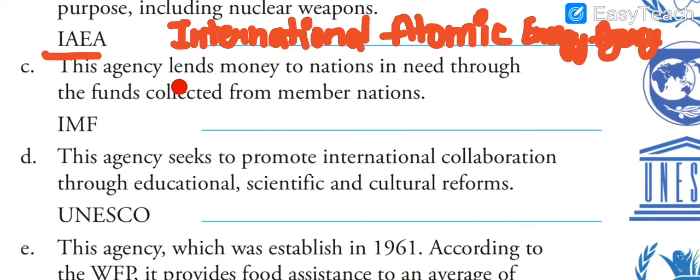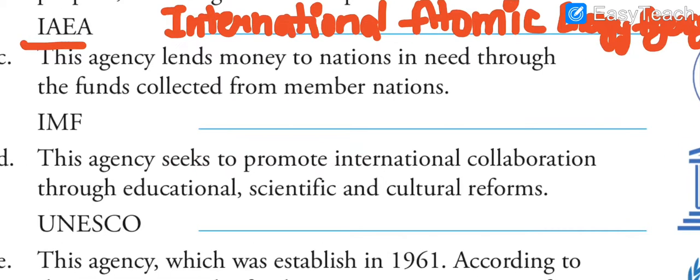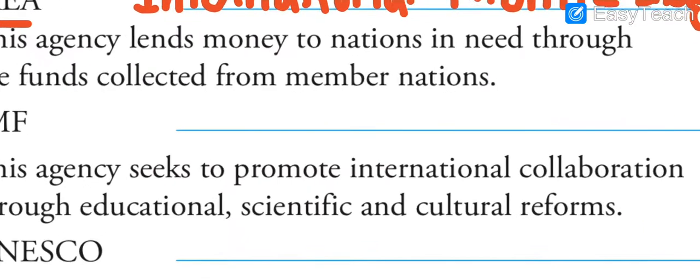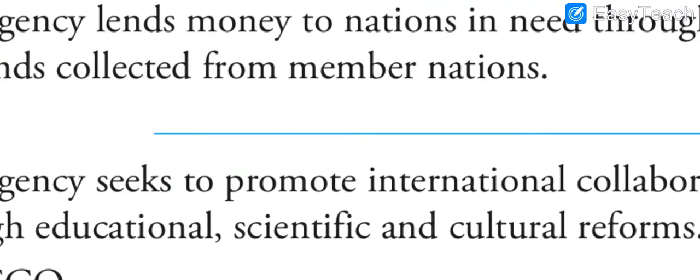Next we have: this agency lends money to nations in need through the funds collected from member nations. Means this is an organization where many nations are its members, and it always lends money to the nations who are in need of money with the help of the funds collected from these member nations. So as the name suggests, it is collecting funds, or if I say money, the agency is